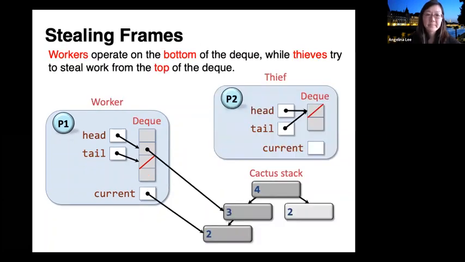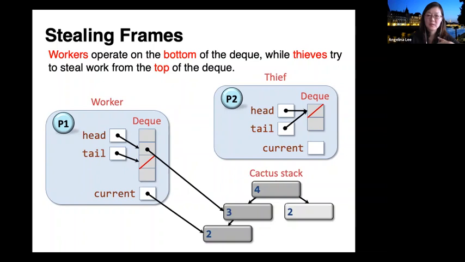Okay. Now, in the case of a steal, for the most part, as I mentioned earlier, the worker will operate from the bottom of the deck because the execution mirrors exactly serial execution. When we execute a function, it's kind of like a stack where you have first in, last out. And so the operation on the deck mirrors that.